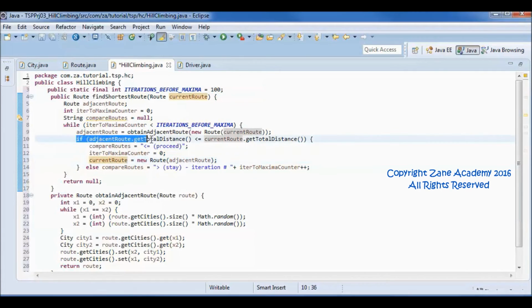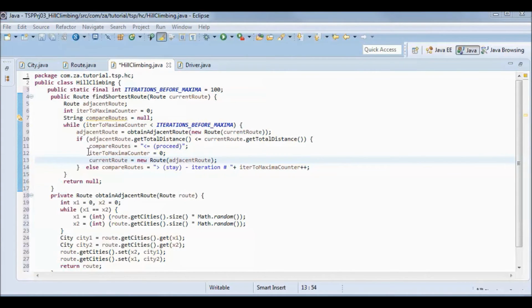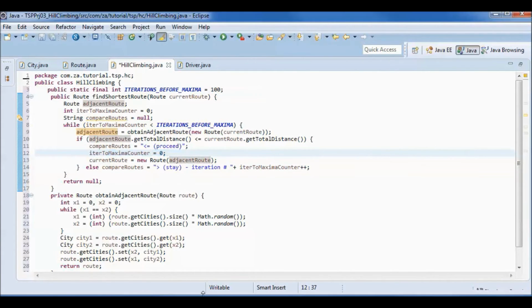If the adjacent route total distance is smaller or equal to the current route total distance, then we move to the adjacent route and we set the counter to 0. Otherwise we stay in the current route and we increase the counter,